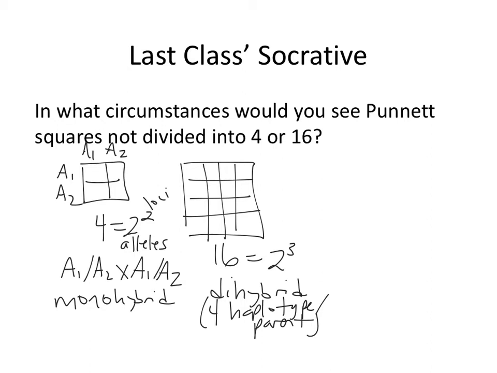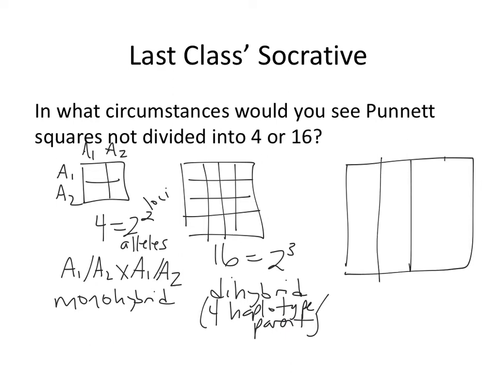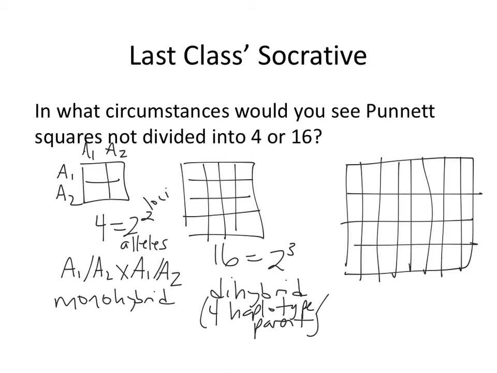The next one is a 64 square Punnett square, which has 8 columns and 8 rows, which I will never, ever ask you to do anything with in class, just to make the point that the more loci you look at, the more complicated things get. That's all you need to take from this whole slide. That's why normally we stop talking about dihybrid crosses. You can do the rest. You could do a tetrahybrid cross and look at 256 square Punnett squares, but what's the point? So don't worry about the arithmetic, just worry about this pattern.